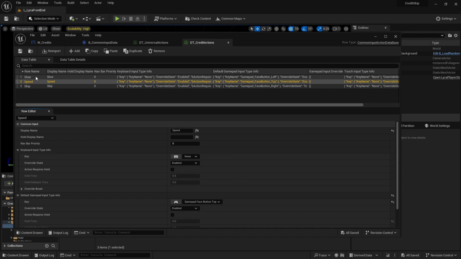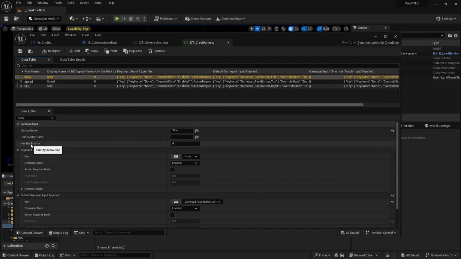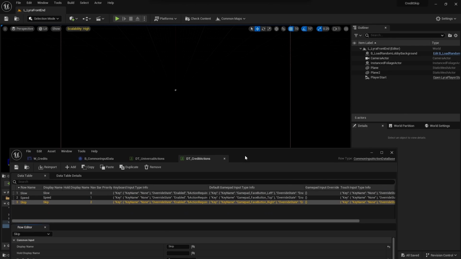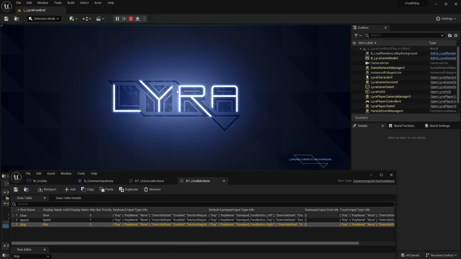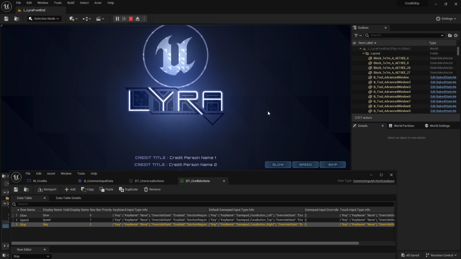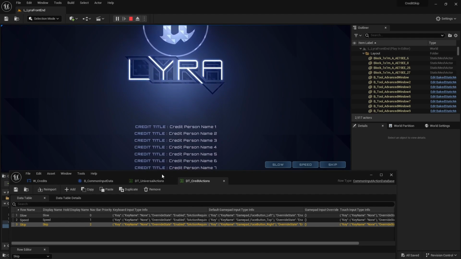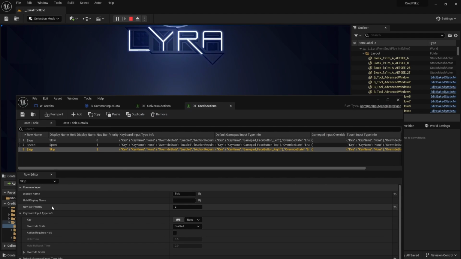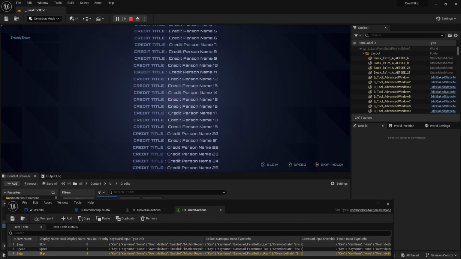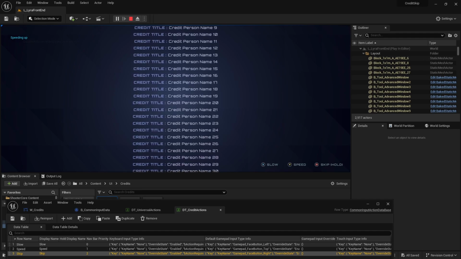And another thing I just noticed is that you have your navbar priority. So what if I change that to 1, this one to 2? Unless the higher number is lower. Let's see. Oh, sweet. Okay, so the navbar priority matches the position of the button. Okay, so now you have slow, speed, and then skip.